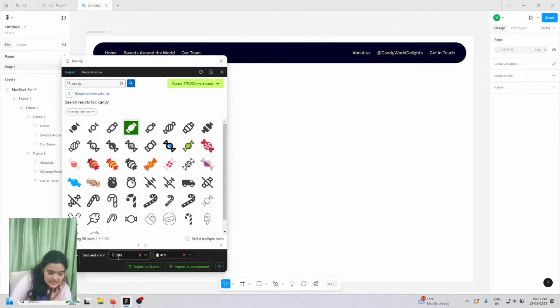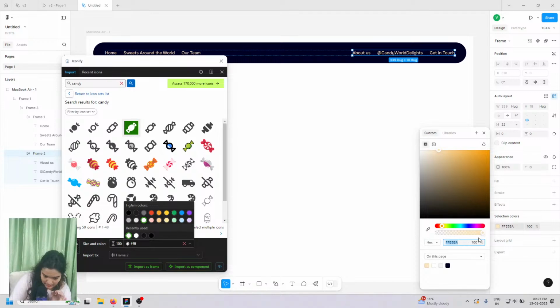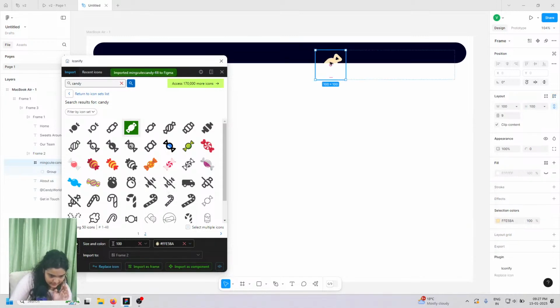And you can change the size in here. You can change this because we want this size to be smaller. Let's just go 100 because I don't think we'll exceed that size. The color can also be changed. So for now, we only need this shade. You know what, let's just get the shade and it'll directly, we'll not have to change the color then. So we'll just copy this hex code, go right here and paste. And now when we import this as a frame,